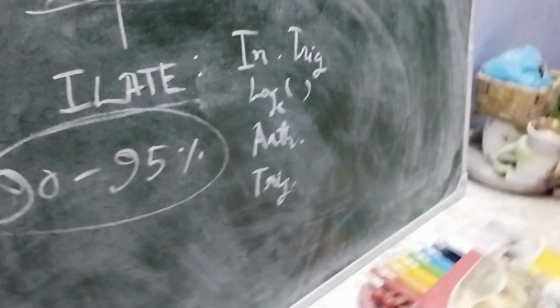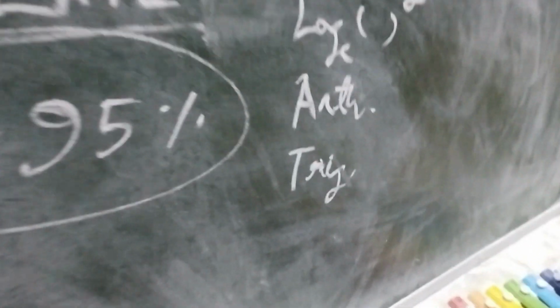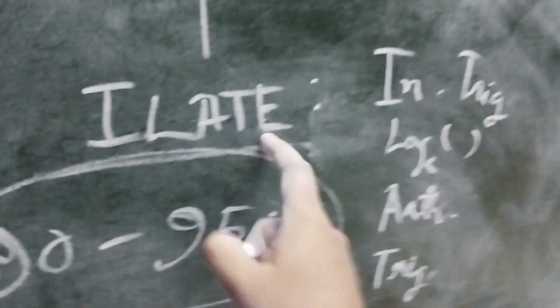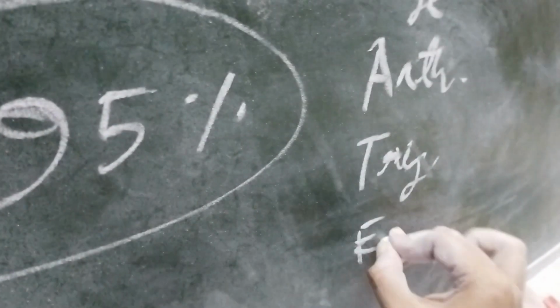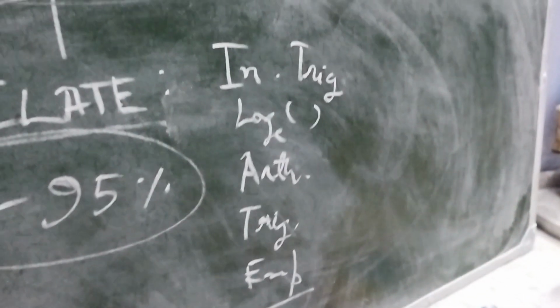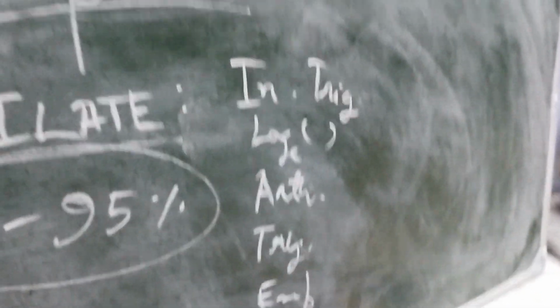In higher studies, it is known as circular trigonometry. This is known as arc trigonometry, inverse trigonometry. Then there are various names you can check on the net, and this is exponential. So exponential will be treated with the least priority, then trigonometry, then algebraic, then logarithm, and inverse trigonometry has the highest priority,